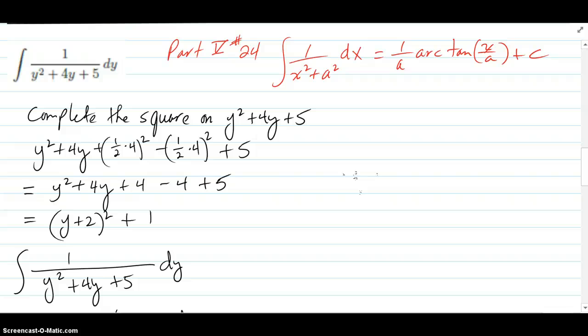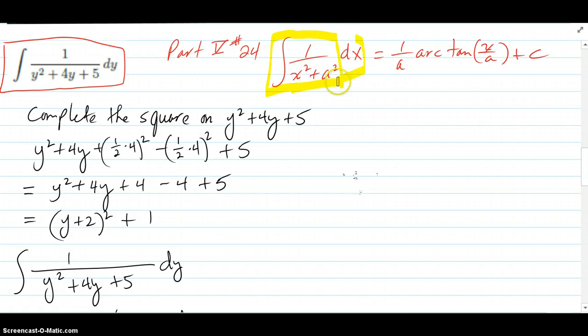Another problem here is this one, integral of 1 over y squared plus 4y plus 5. The closest thing we can find to that will be this here, this one, but it doesn't quite look like that. I don't see x squared plus a squared on the bottom. I see